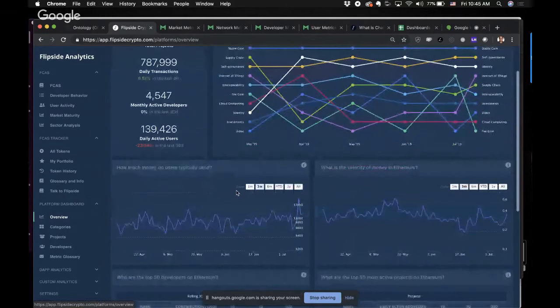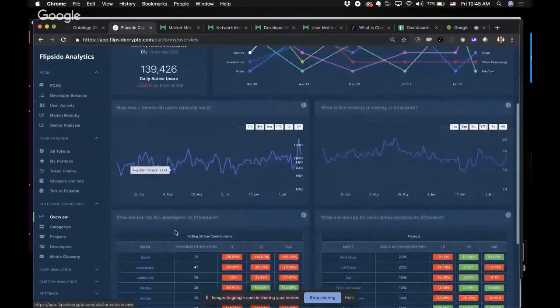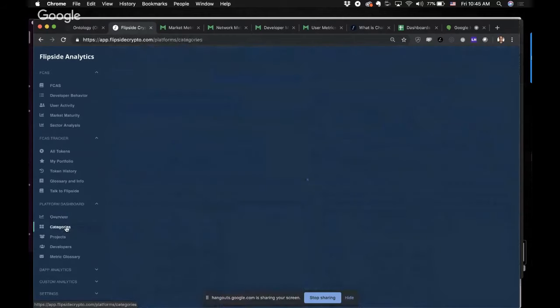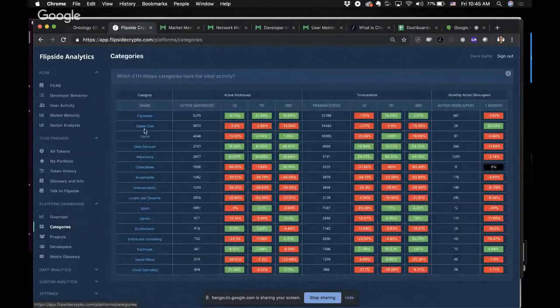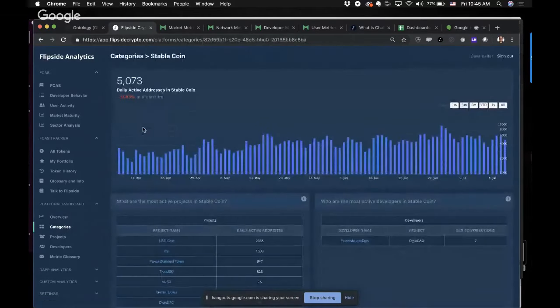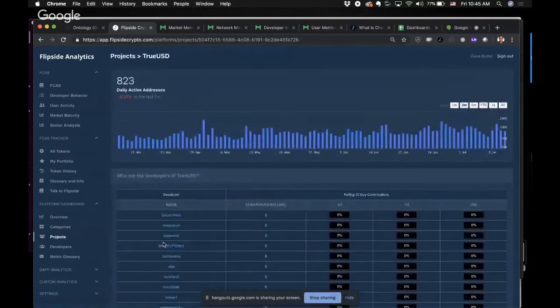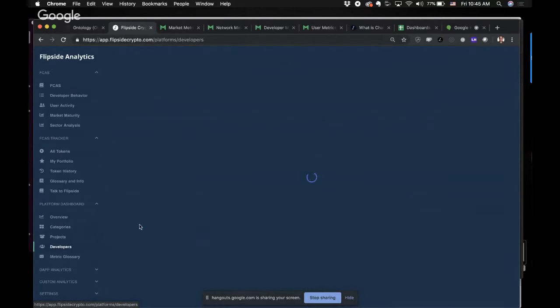And importantly, in these platforms, we're actually able to see which categories of dApps are growing. So here's stable coins as an example, what's been happening with that. And then you're able to dive into specific projects. Here's TrueUSD, what's been happening with them, who's been working on it. And then we can ultimately get into the developers themselves who are building the dApps.